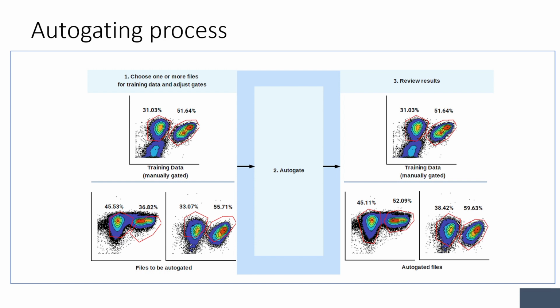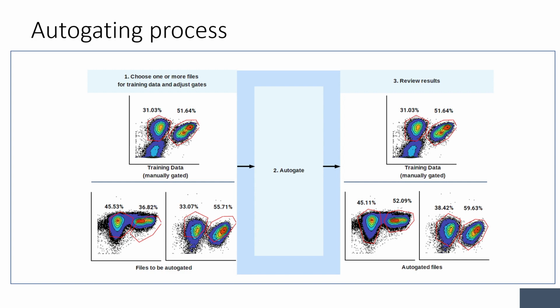So you'll initially select a set of files that is representative of the rest of the experiment and then manually tailor them. I usually begin with one sample from each experimental condition. For example, if my experiment includes several cell lines, I might include one file from each cell type. Then you'll select the files you want to use as reference and the files you want tailored, and the auto-gating algorithm will adjust gates for you. This creates gate positions that are functionally identical to those that a human analyst would make, so you can review and adjust them just like you could your own gates.